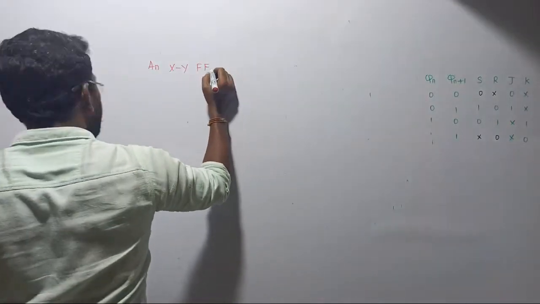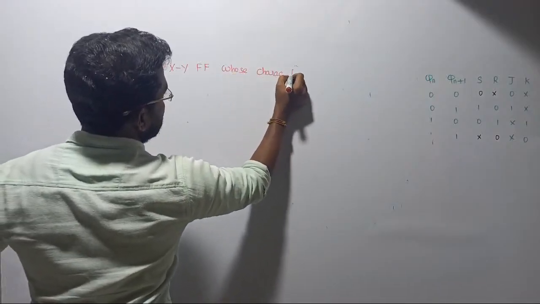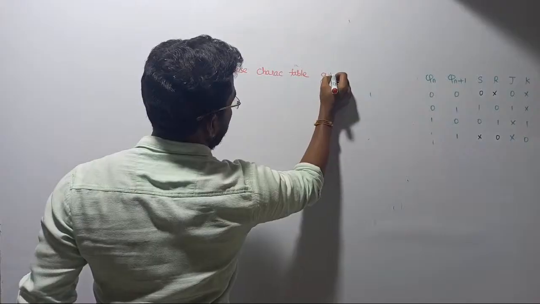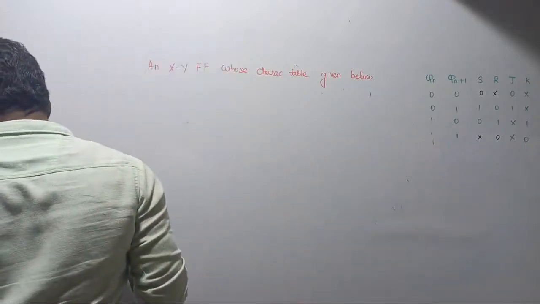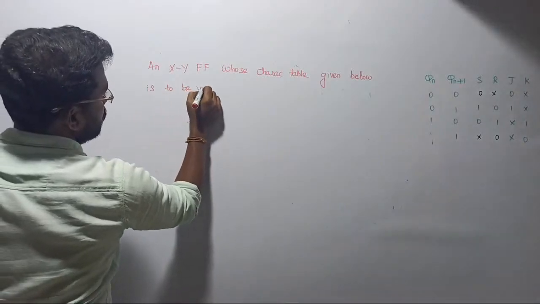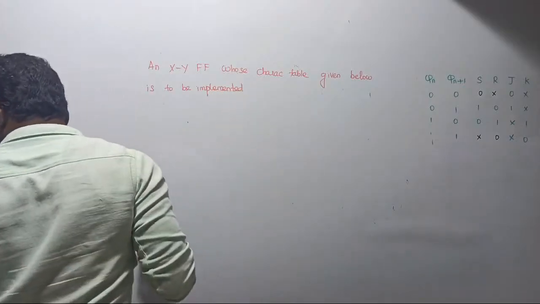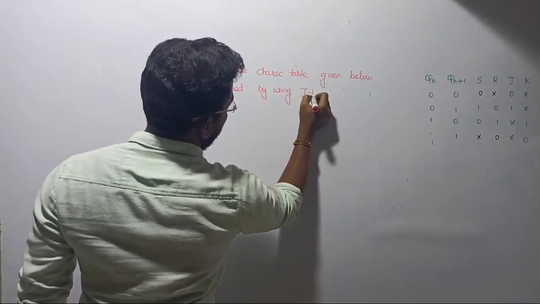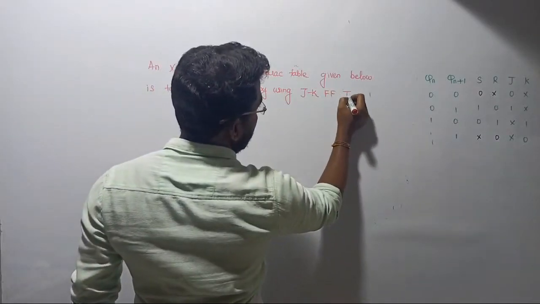An XY flip-flop whose characteristic table is given below is to be implemented by using a JK flip-flop. It is to be implemented by using a JK flip-flop. This can be done by making